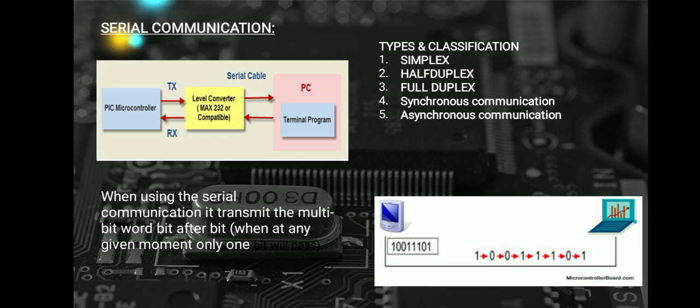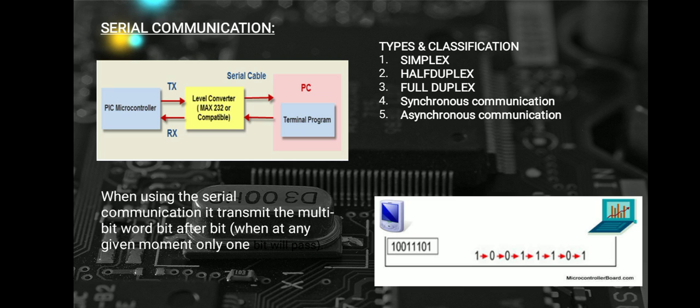Moving to serial communication, serial port means one bit of data will be transmitted at a time between a transmitter and receiver. In serial communication, the interfacing complexity becomes easier compared to parallel, but the software complexity increases. Looking into its types, there are simplex, half duplex, and full duplex. Other than serial and parallel, there are also synchronous and asynchronous types of communication. We'll look in detail. In simplex, the communication is in one direction, from a transmitter to receiver. In half duplex, it is two-way communication, but we can't perform transmission and reception simultaneously. In full duplex, we can perform transmission and reception simultaneously.